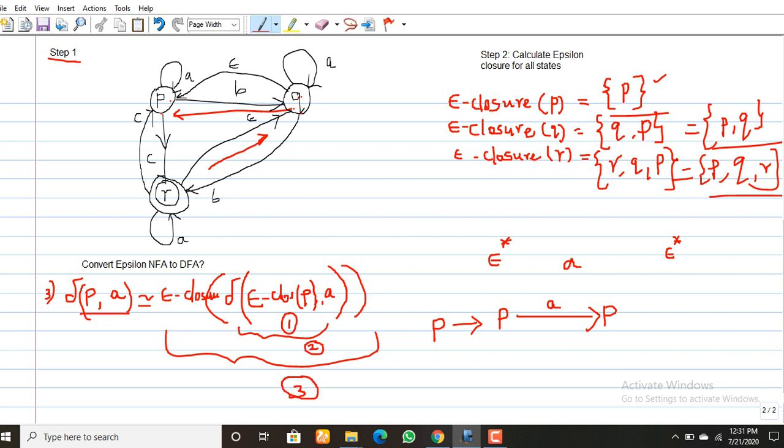Epsilon closure of this P means P only. So what is the output of del of P comma A? It brings P only. So we have received del of P comma A, which is equal to P.